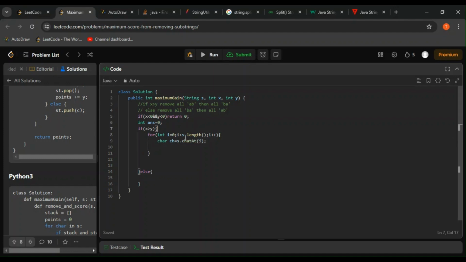Now I'll need a stack as well, right? Let me declare it here only. Stack, this is going to be string or char. Make it character only. st equals new Stack. Now if ch equals... This is what if x is greater, x is greater, we remove AB. So this is B. If we have something inside the stack,